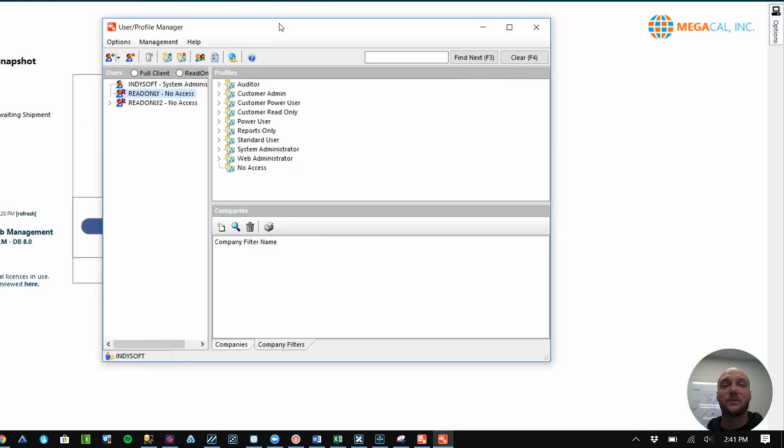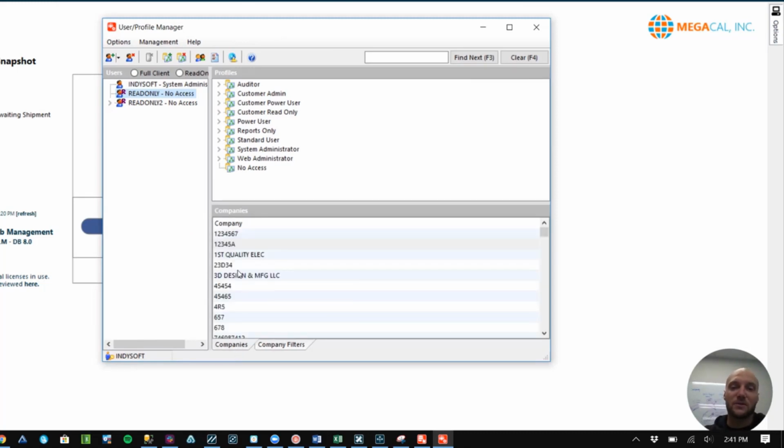This little feature could be useful for any of your read-only users that are using multiple companies underneath them, or maybe multiple companies within a state, or you have any custom fields that you could be filtering on for that. This could also be useful if you're a manufacturer or maybe a multinational calibration lab, and you could assign different states or different countries based upon how they're set up in your